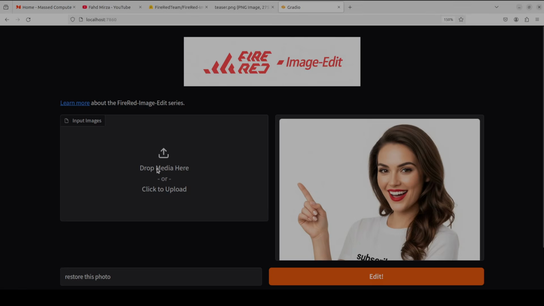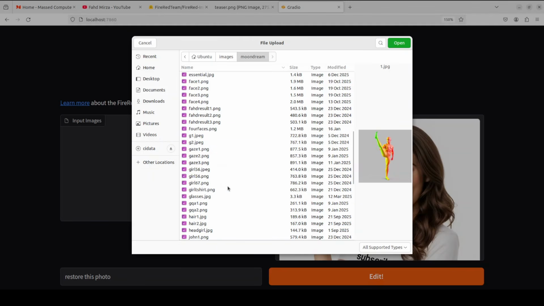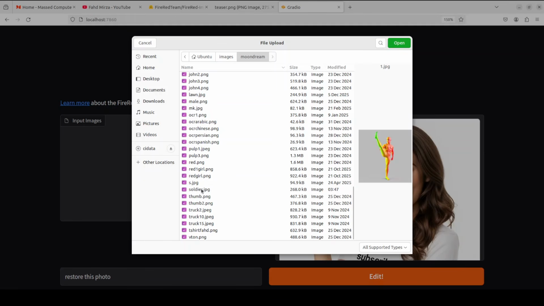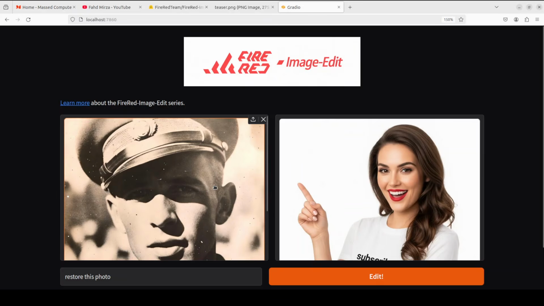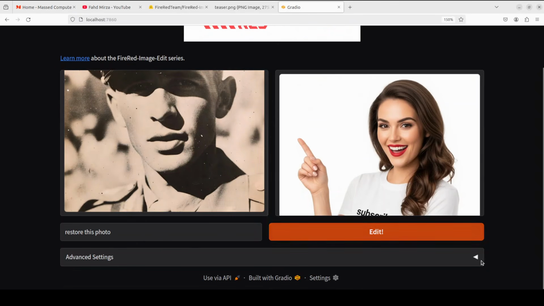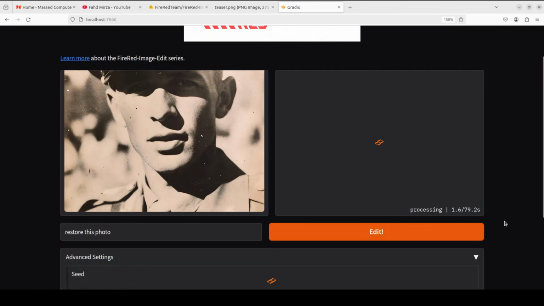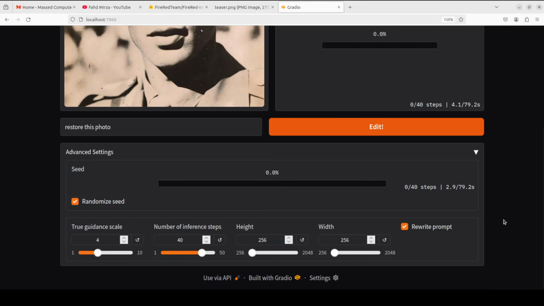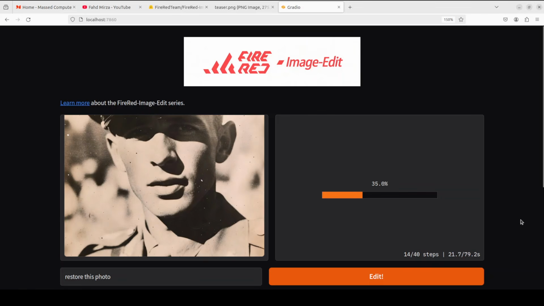Okay, next up, let's restore a photo. It's an old photo, again AI generated. I just generated it with the AI, so no resemblance with anyone. So I'm just asking it to restore this photo. And while it runs, if you want, you can change these seeds and all that, but I have seen that most of it works good. For example, guidance scale, if you wanted to follow the prompt more rigidly, you can increase it, but I think these values are good enough. And you can of course increase this height and width. I should have done it, but that's fine. We'll just open it in a new window